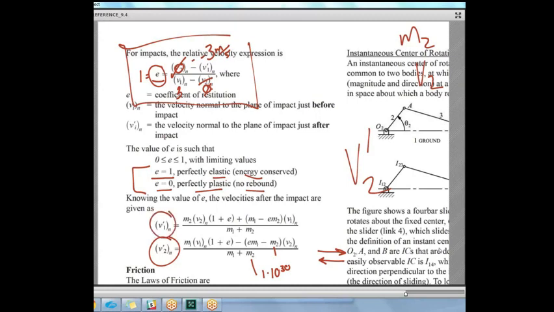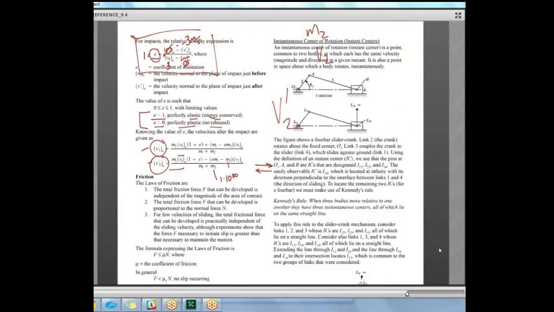If you're dealing with movable objects, you can talk about the final velocity of object 1 or the final velocity of object 2 using these longer equations. It's really all you need for impacts. Okay? So that's pretty much everything. It took me a few minutes longer than I'd have ideally liked, but